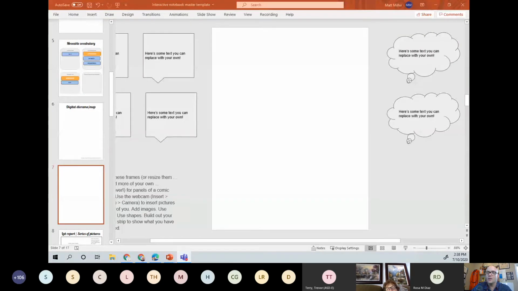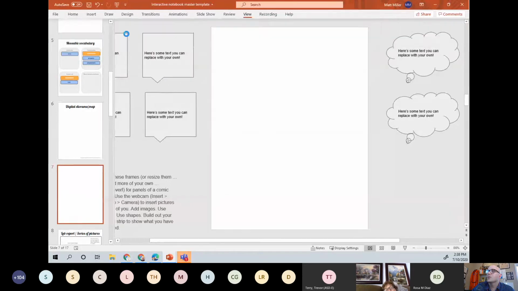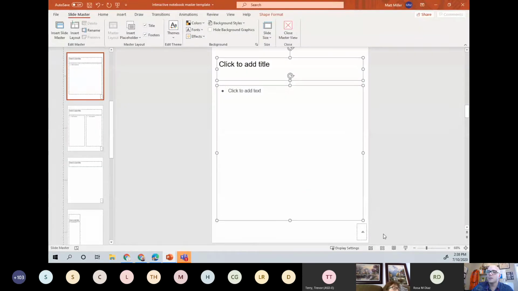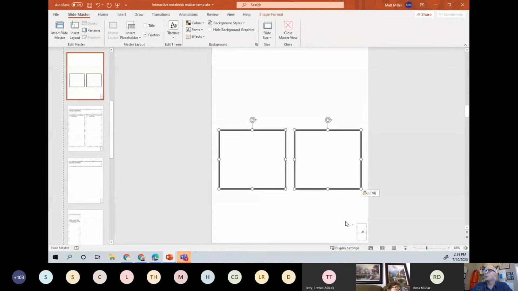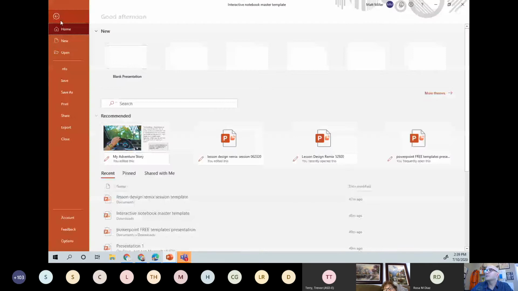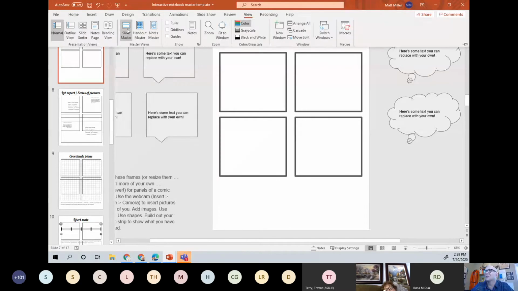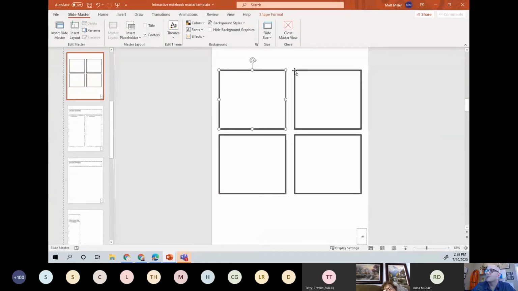Now, another way that you can do this is you can go view the slide master. And the slide master, like for instance, we could take all of these that we had, and we could put them on a master slide, and then whenever we're done with that, we'll go ahead and close it. Oh, but it assigned it to all of the slides as the master. I did that wrong. But anyway, see, this is what happens when I try to do things on the fly. But whenever you assign it to the master, then it shows up on all of them. So,